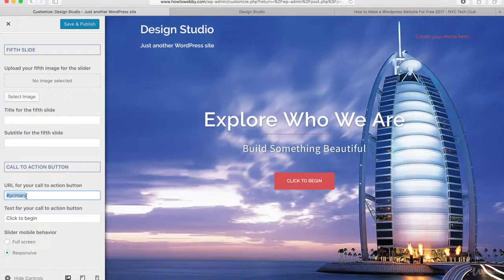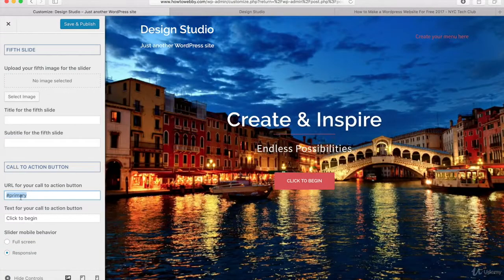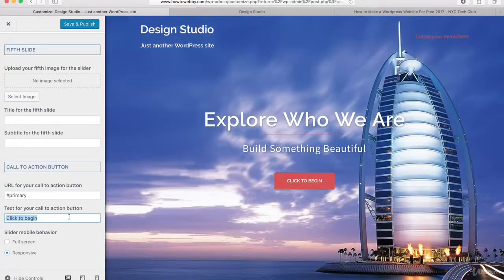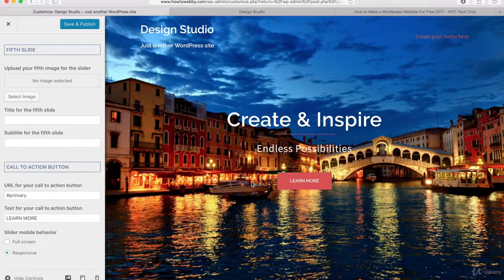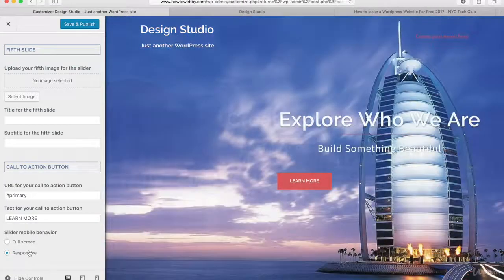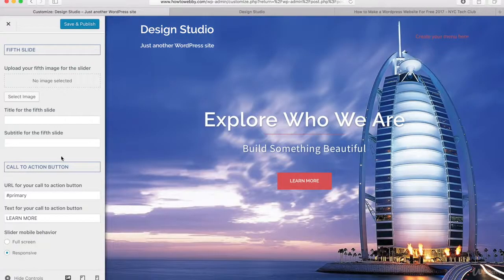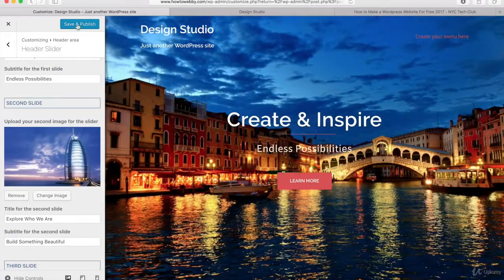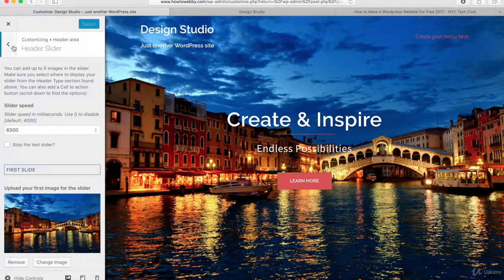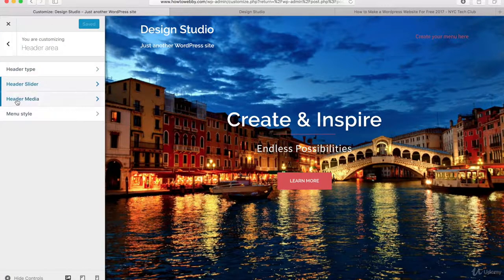In this video tutorial, but again, you can always come in here and update the link for the button whenever you want. And all I want to do is come down here and change the text for the button. So instead of click to begin, I want to change this to learn more. And once I do that, you can see that the button gets updated, and we're going to leave the button as responsive or the entire slider as responsive. So once you're ready, we can just come back up to the top and then just click on save and publish. And once that's saved, let's click on the back button right here and let's go to the media library